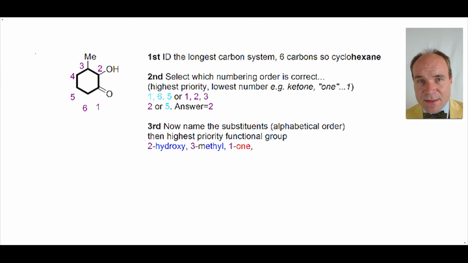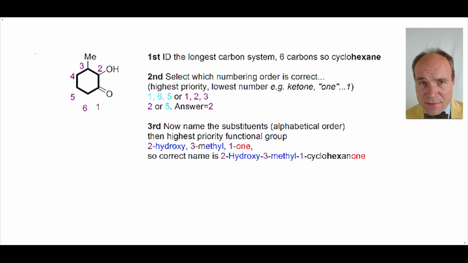We need to place these names in alphabetical order. So what we're looking at is 2-hydroxy, 3-methyl, 1-one. The one, we don't have to worry about the alphabetical order because it's always going to be a suffix. It's the set of prefix names that really need to be placed in alphabetical order. So the correct name here is going to be 2-hydroxy, 3-methyl,